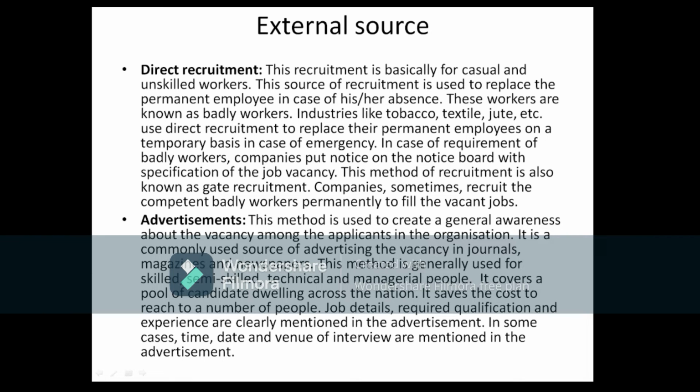But if the company wants people at the higher level, then the company will advertise the vacancy either in a journal or magazines or in a newspaper which has an approach, right? Or which approaches the people living across the country, right? So this is the way through which the company locates the people. Means by using the appropriate source, by advertising the vacancy in the appropriate media, the company locates the appropriate candidates. So this is the second method of external source. Now moving to the next source, that is